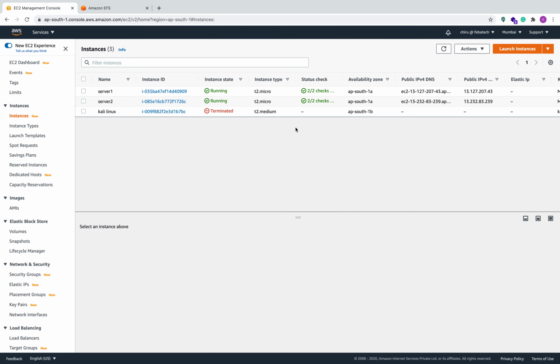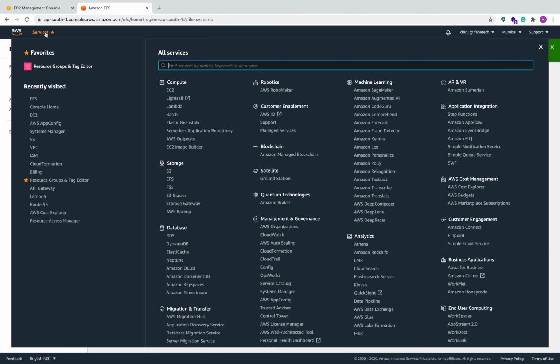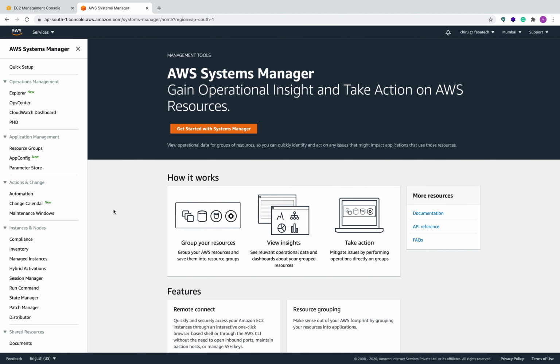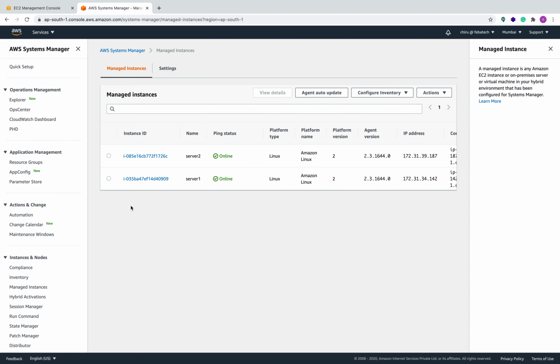Okay, we are on the AWS console, and these are the 2 instances which we launched. Now get into Systems Manager, and then click on Managed Instances. We have these 2 EC2 instances which we launched coming here.